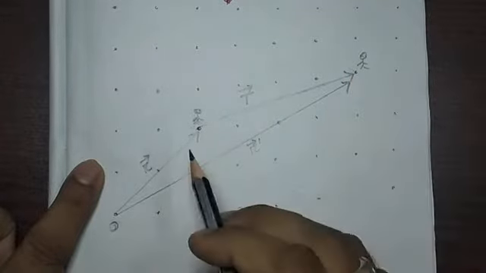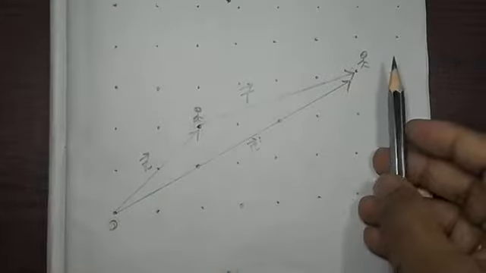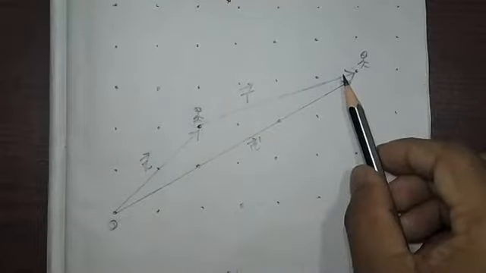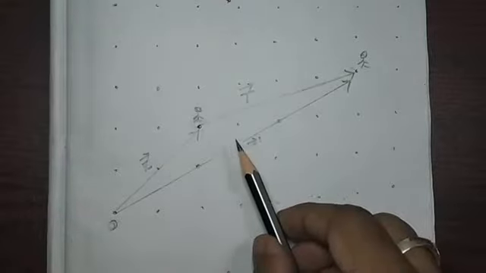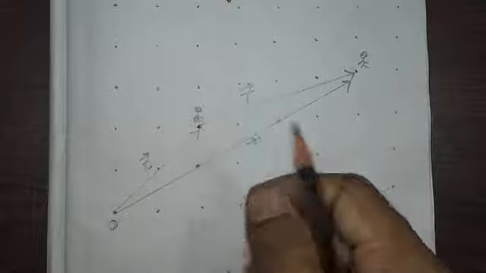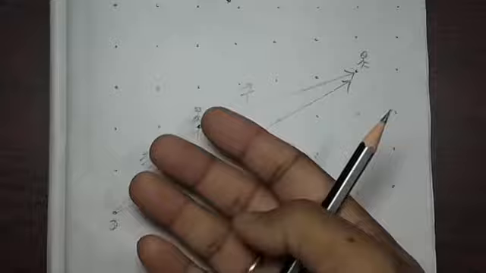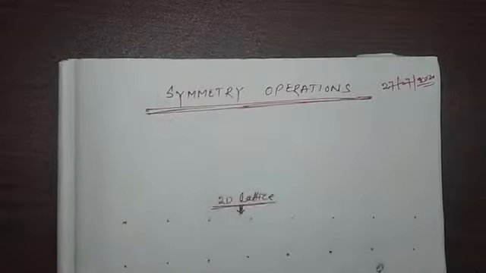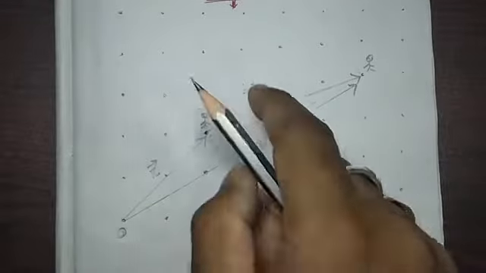The situation does not change, or we can say it is congruent, or it is overlapped from initial to final. So whatever operation we apply on a lattice, it looks unchanged, or we can say it looks invariant, or overlapped, or congruent. That type of operation will be called a symmetric operation. So this translational operation is a symmetric operation.